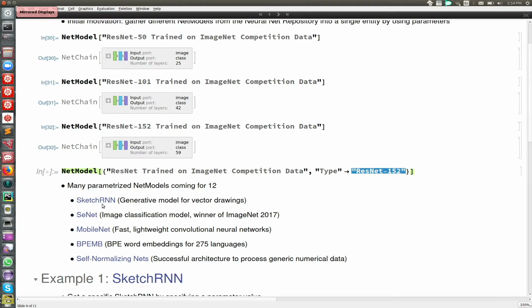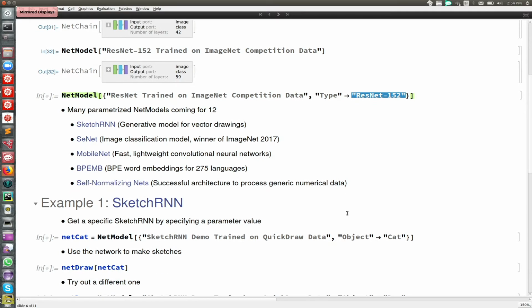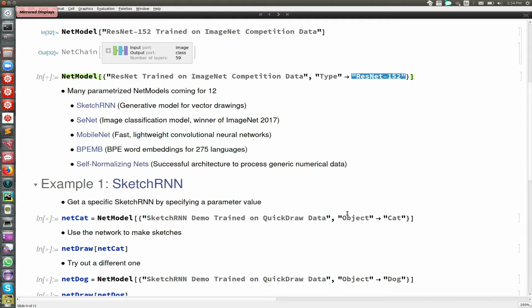So we get, okay, I will actually, well, in principle, I would have demoed this thing, but I will just show you a screenshot of this running. Okay, these are some example of some parameterized net models which are coming in the repository for 12. So the first example will be sketch-RNN. So sketch-RNN is a, let's actually, okay, this was supposed to be a link. I think we're over time. You can skip Yeah, it. okay, fine. So